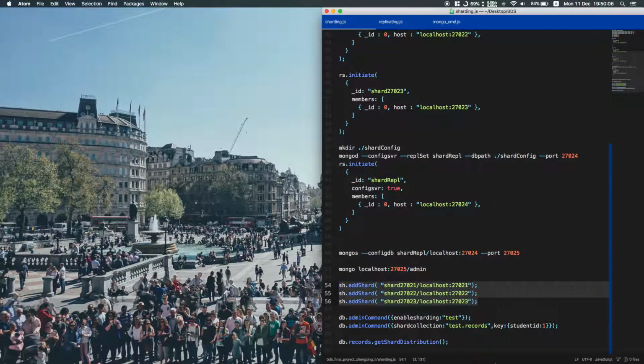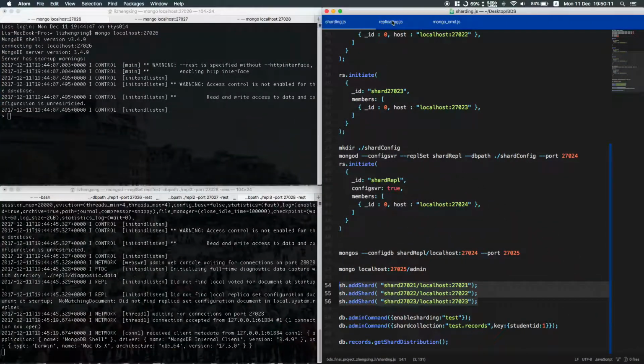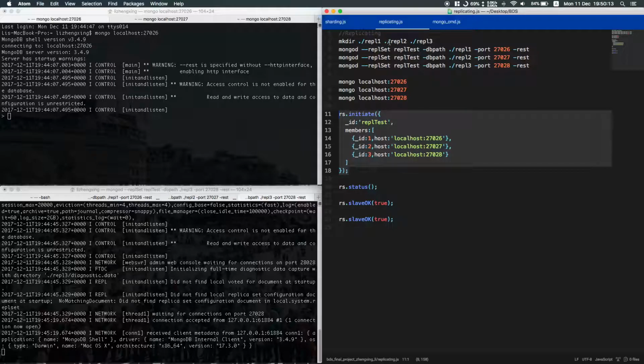And the second one is replicating. For replicating, we also need to create the data directory for the replica server, and we also need to open the server, and we need to initialize the replica set on one of the servers. Say we initialize the replica set on 27026,